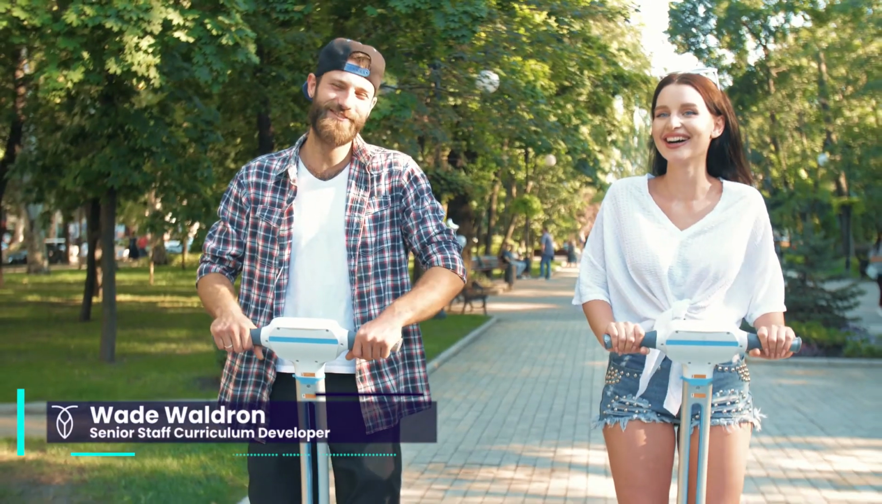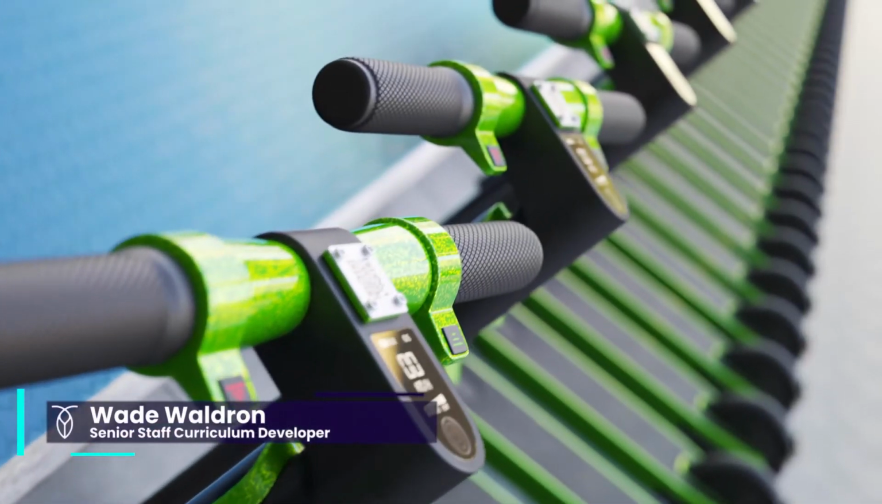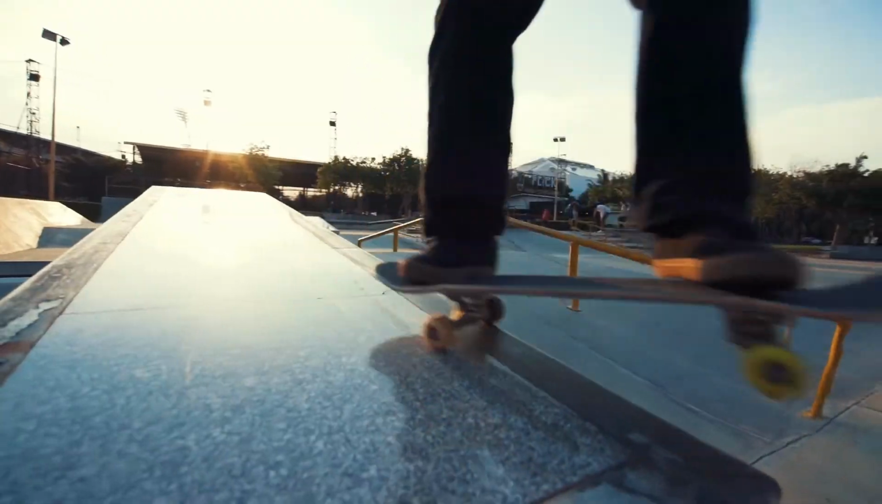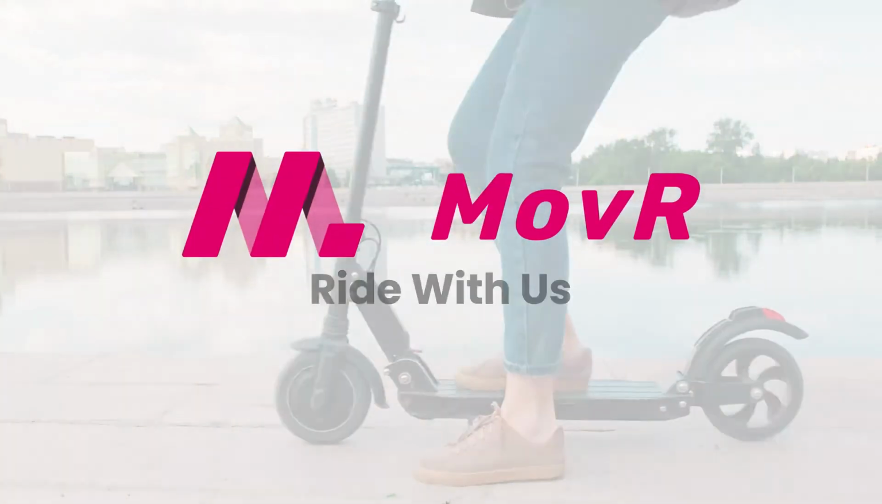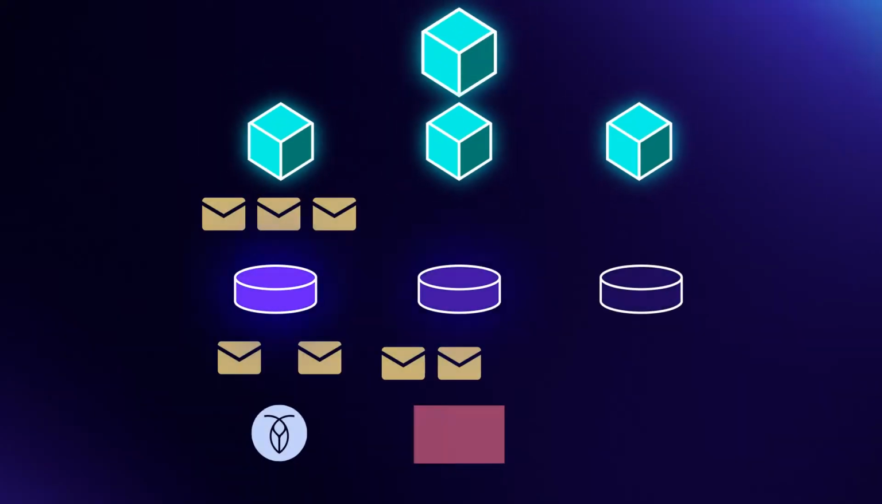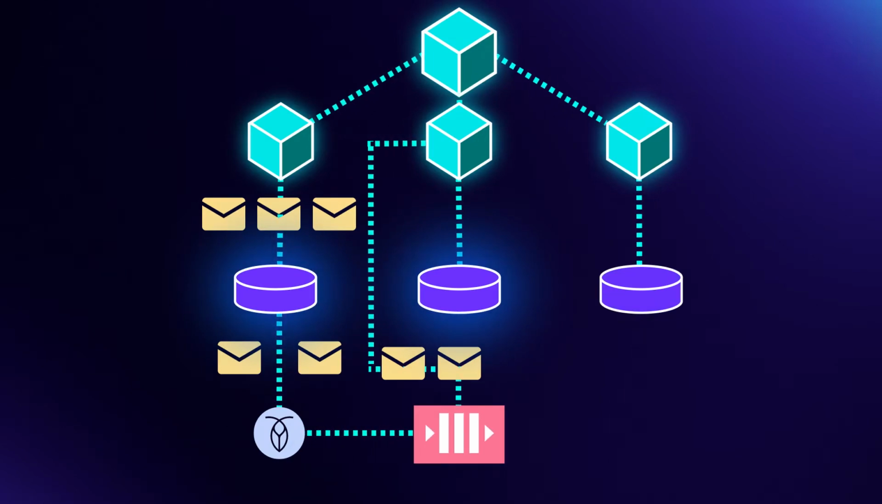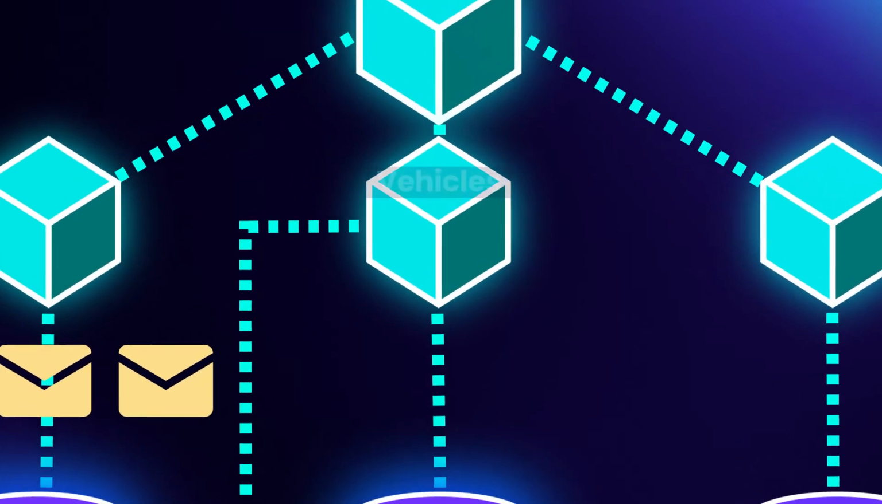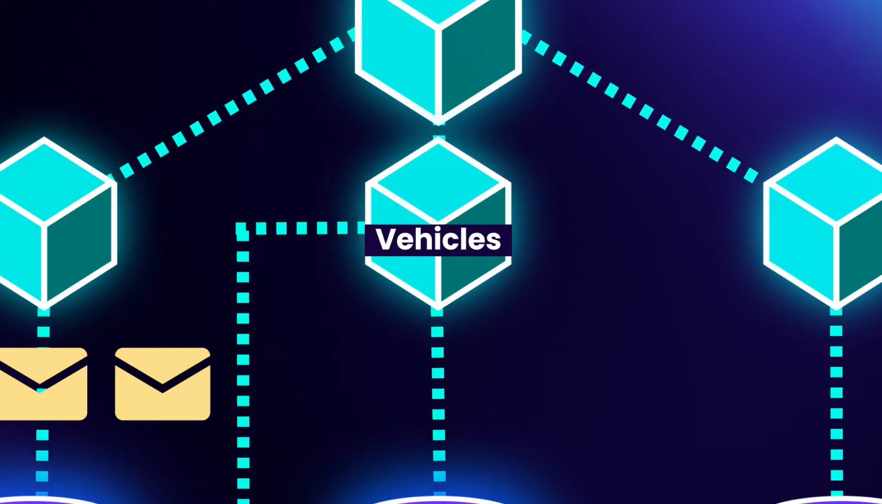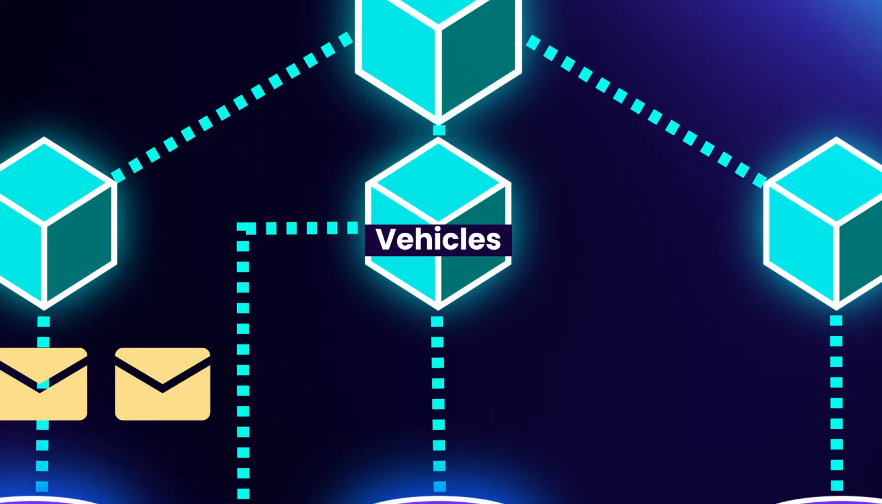We will be working on an application called MovR. MovR is an application that allows small personal vehicles such as bikes, skateboards, and scooters to be shared among users. The MovR application has been separated into 4 microservices, including vehicles, which manages the details about vehicles, including their description,